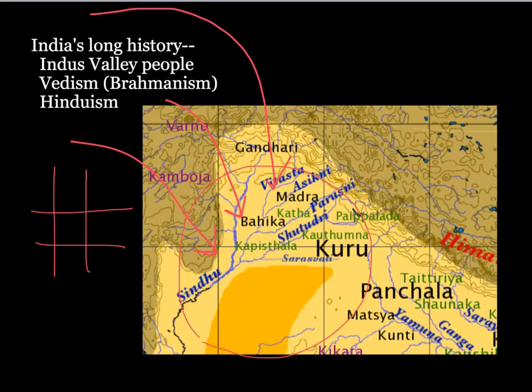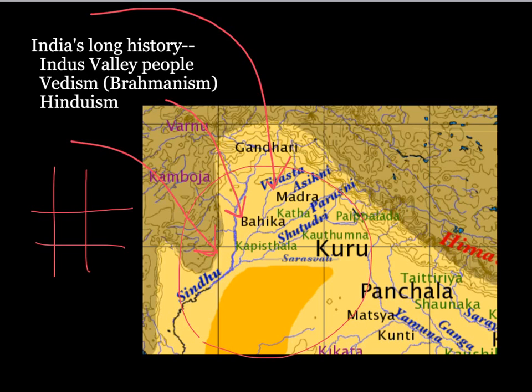As they came in, they perhaps clashed with the Indus Valley people, perhaps enslaved them, we're just not sure. But they brought with them a specific culture, a specific religious tradition, and this culture and religious tradition is eventually going to meld with that of the native Indians and will become what we today know as Hinduism. The process for that was really long term.